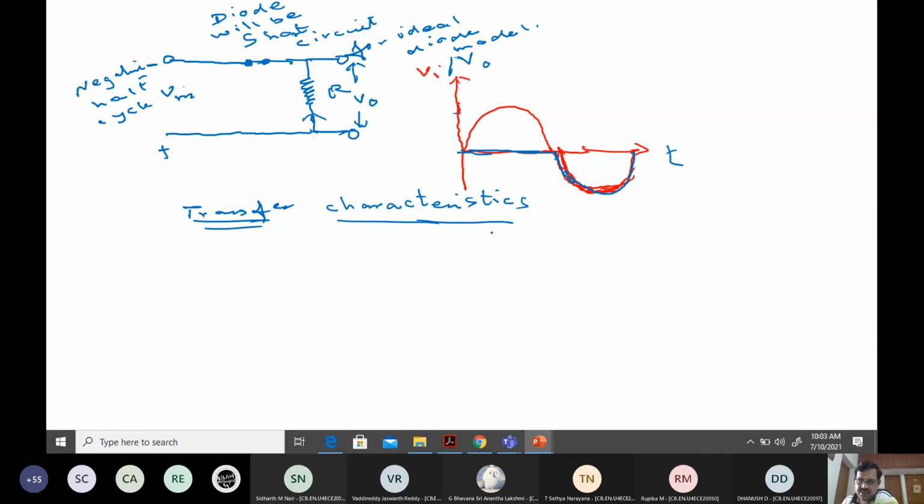So this is my, okay, assume that it is parallel. Okay, so this is my input, this is my output, and then you can see the output is 0 for the input during the positive. When VA is positive, there is no output, 0, whereas the output follows the input. So therefore, for all values, it will go like this. This will be 45 degree. Okay, so this is what is called the transfer characteristic.